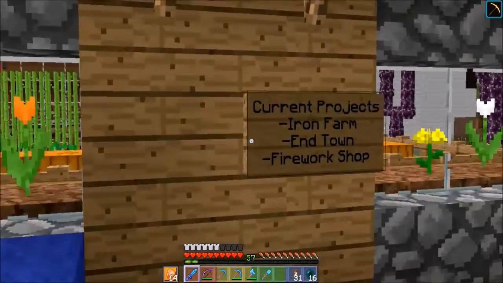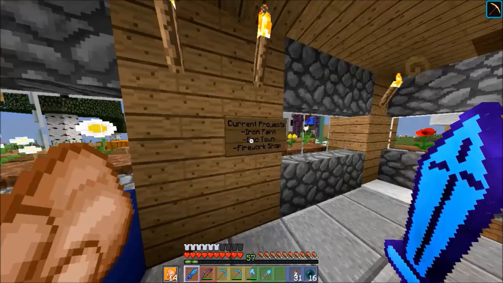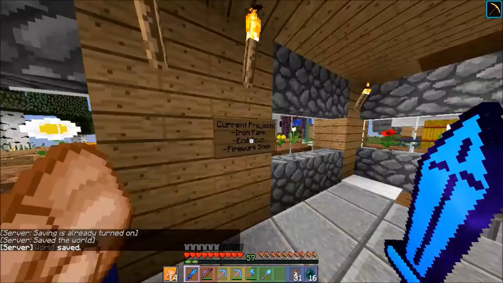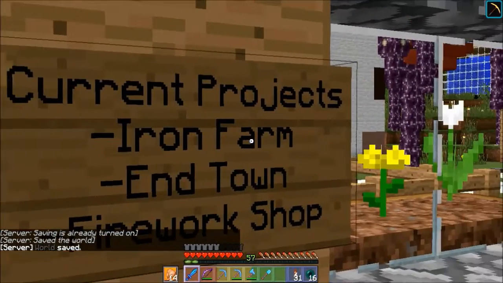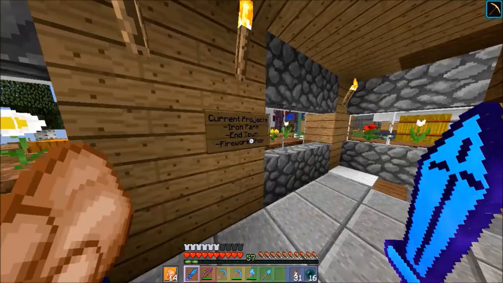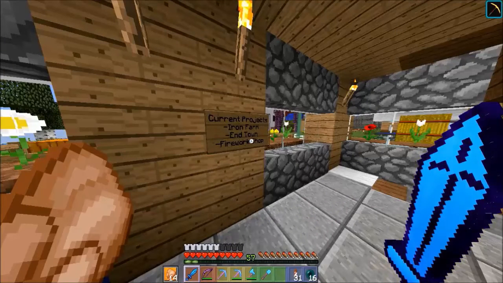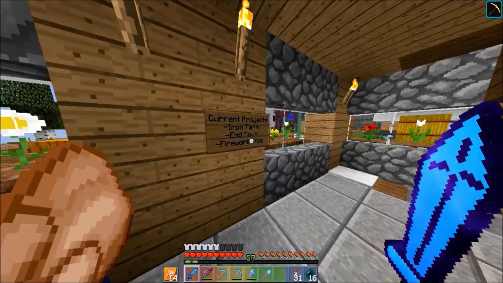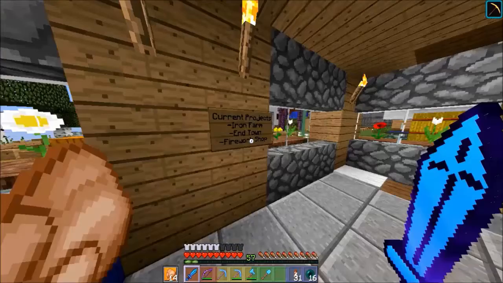I'm going to be going to an end city kind of world, not in the actual end, but like once you go through one of those tiny portals. I'm going to be making an end town. And I'm not done with the iron farm yet because I still need to put in the sorting system. I kind of want to make a little room for the sorting system so it goes into multiple chests, which I don't think is necessary. So I'll figure out what I'm going to do later, but then I'm going to do a fireworks shop